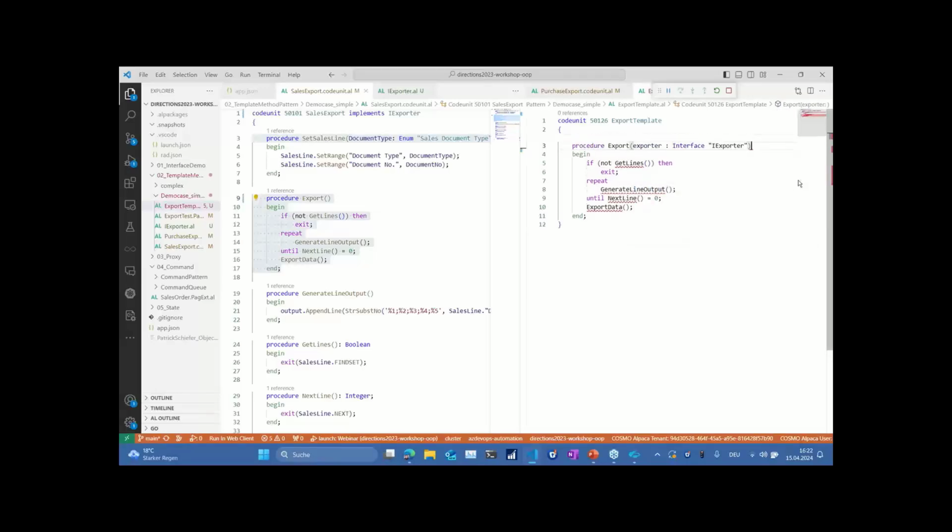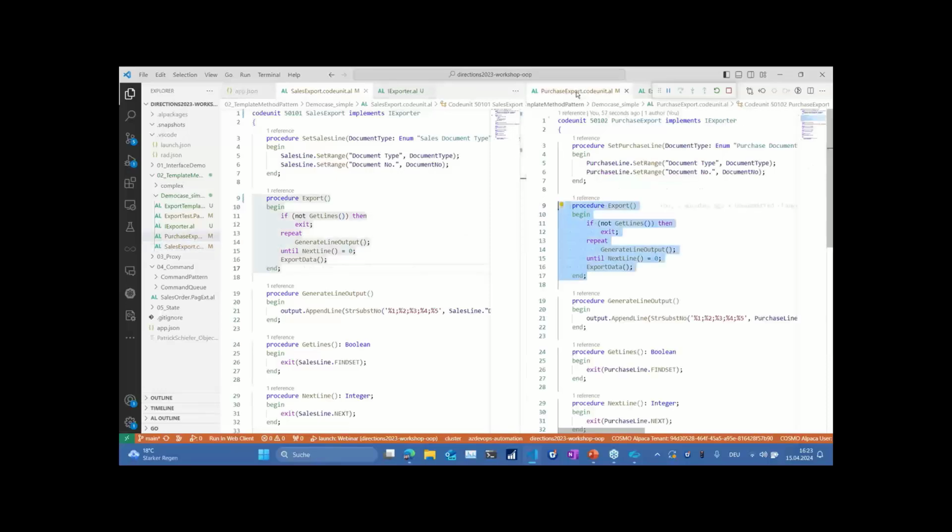Therefore, we have the interface exporter here, and now we can just change this functionality here. But now we have the functionality in here, and we don't need it inside of our